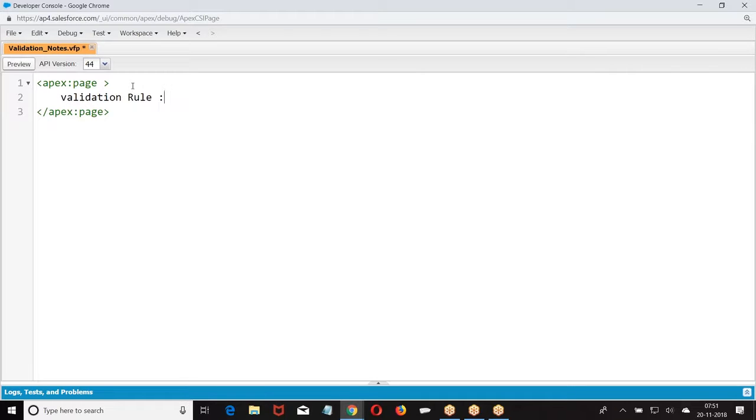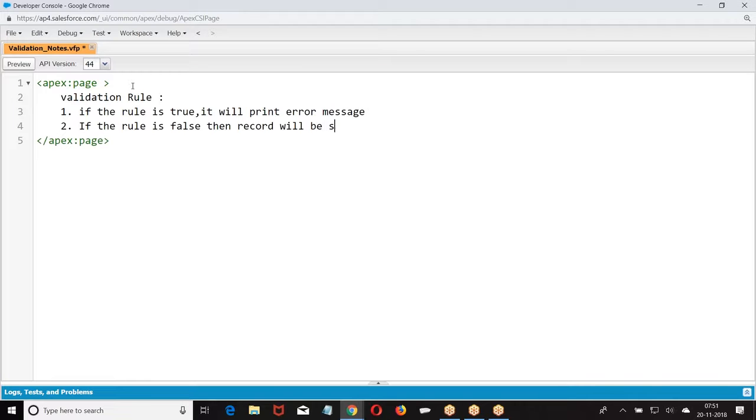If the rule is true, it will print an error message. If the rule is false, the record will be saved.